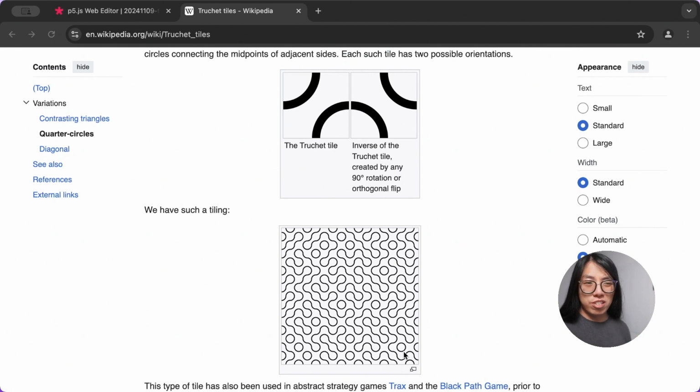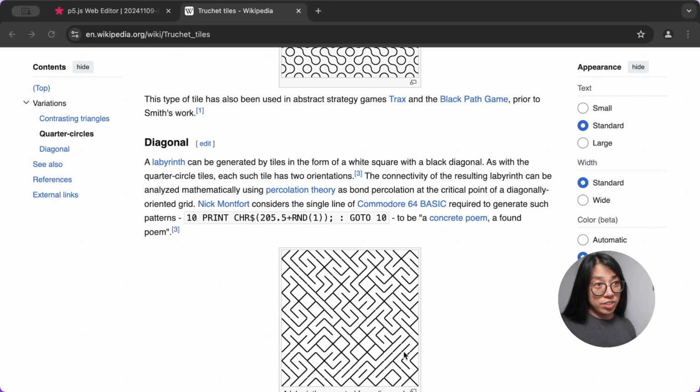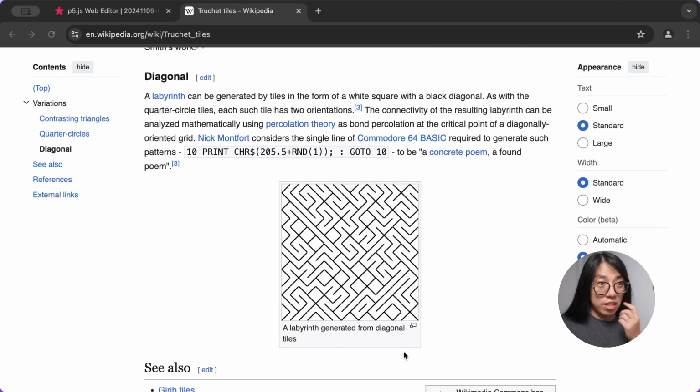Before I learned about truchet tiles, I would have never imagined that a pattern like this only consists of 2 different tiles, which is why I'm so excited to show you how to create this in P5. But before doing that, let's take a look at the last variation that's included on this Wikipedia page, which